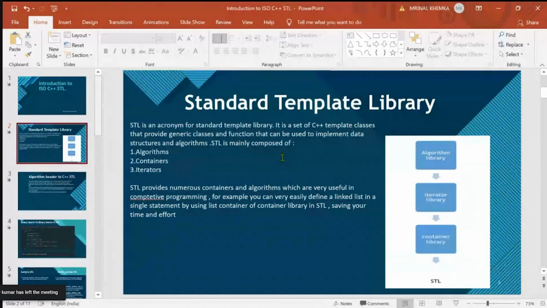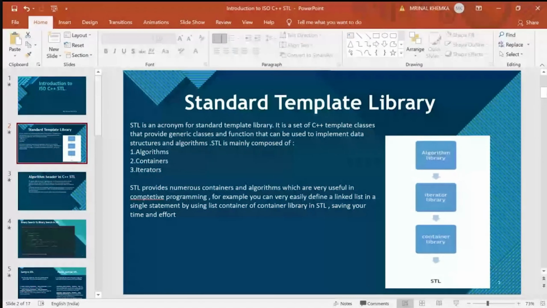So this reduces the code reusability. Rather than writing the same thing multiple times, we can use a sorting function and can pass data type as a parameter. This is nothing but a template which we define in C++.